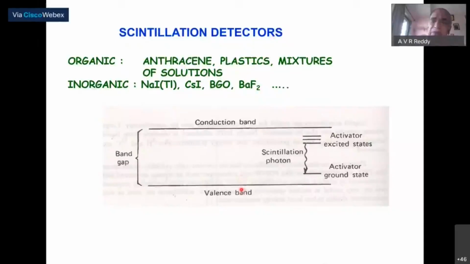So the entire phenomenon is: radiation has to interact. For that you need a reasonably high Z material. Iodine meets that requirement in sodium iodide and thallium. Then the de-excited photon, which is the primary signal, has to be compatible with the PMT. For that, activator atoms have to be added, so steps are increased, and that is compatible, but because the number of steps involved is more, the resolution becomes poor.